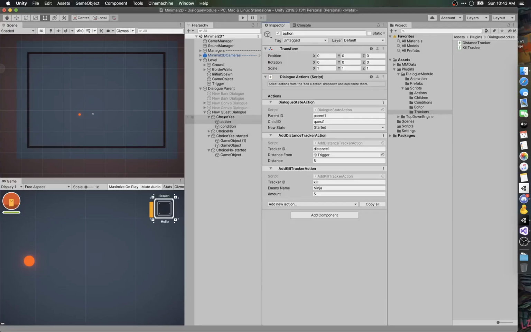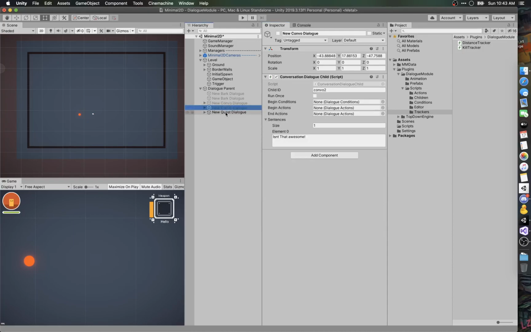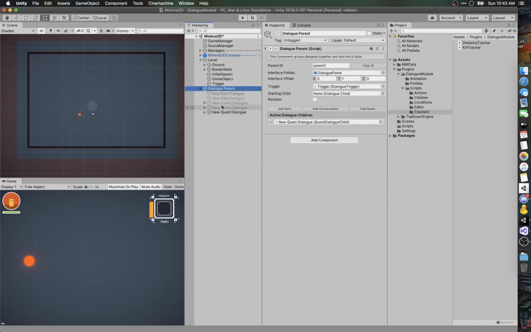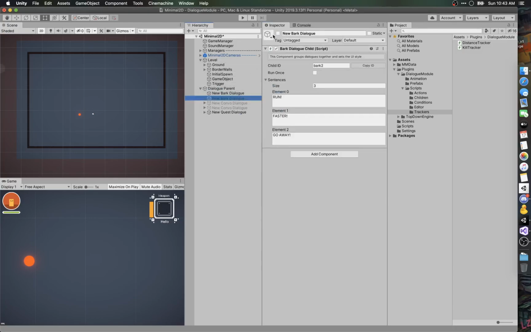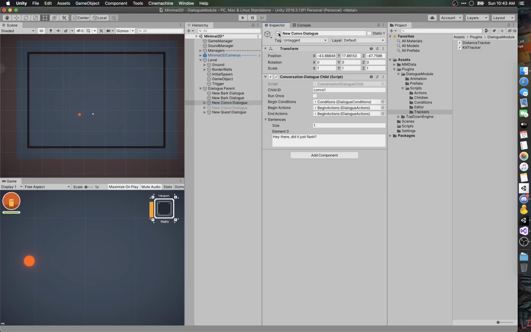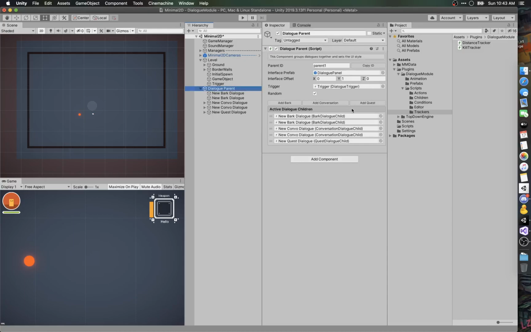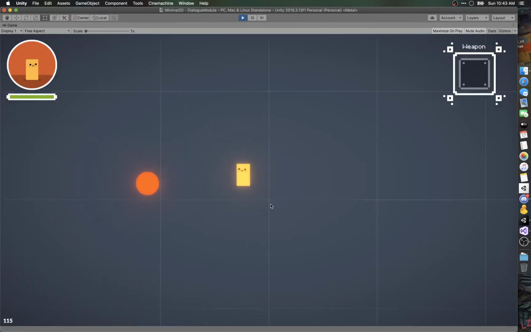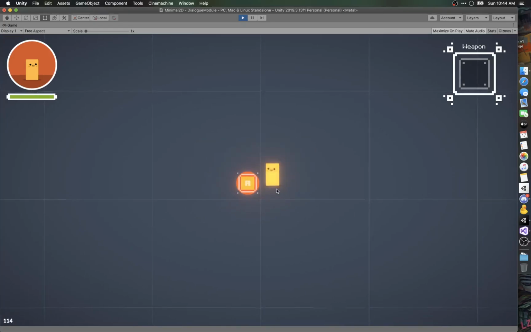All right, back to this. So now that we've got this quest, we've got these combos, everything is set under this dialog parent. You could set it to random and turn all these back on. So now it's set to random, and let's hit play. Now what it'll do is it'll just randomly,